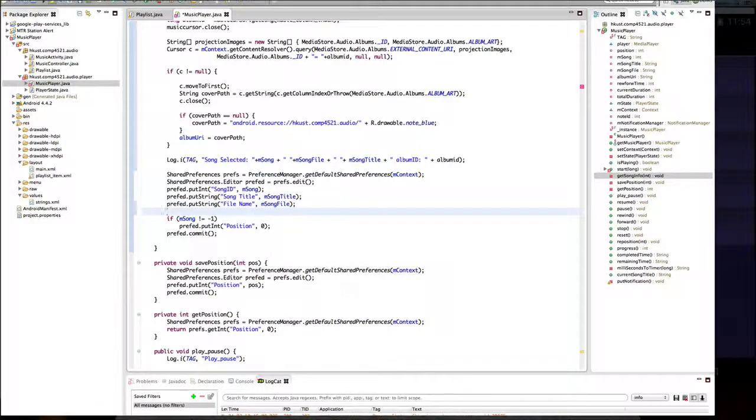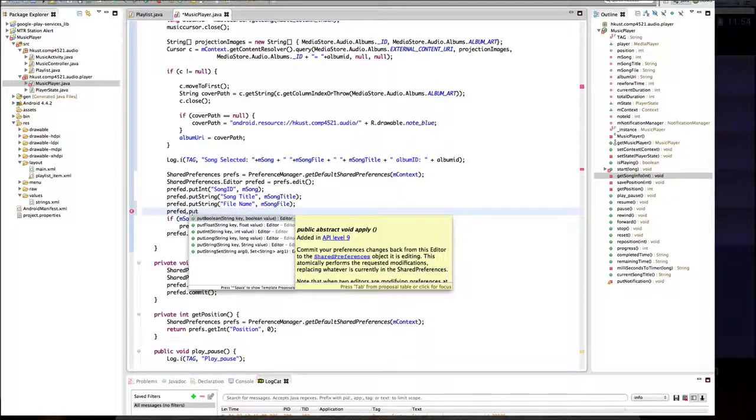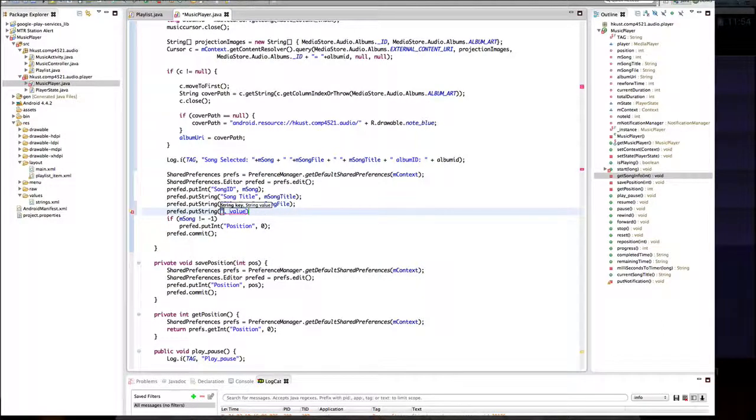I'm going to push them in there. And the value will be album URI. Okay, so I have all the information that I have pushed. All right, and the position values and all that we have already saved earlier. So that's perfectly okay with us at that point. Okay, so we will save these